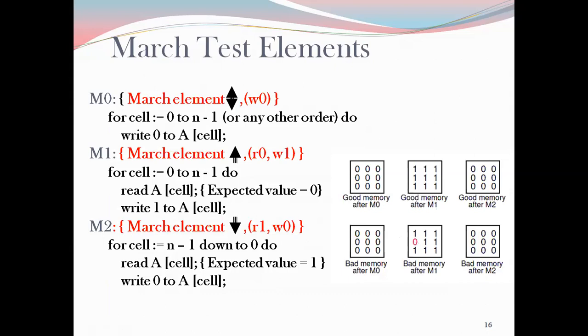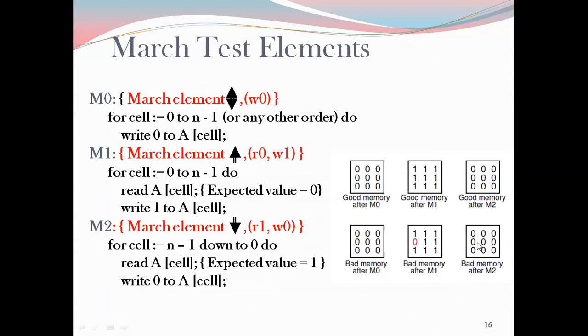So what is this? It indicates that the memory is not as expected, so there is some fault in this particular cell. So it is able to detect the presence of a fault. Then I carry out my third operation specified by the M2 March element. The good memory will read all these ones and write them back to 0. But the bad memory will not be able to read all ones as expected. My expected value to be read was 1, but it is not actually 1 here.